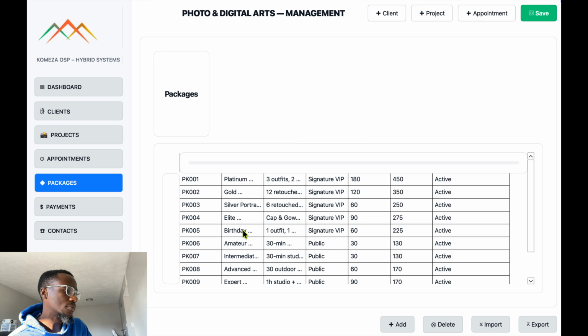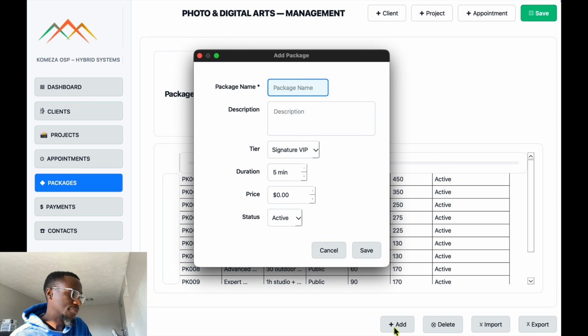So we want to add what? We want to add a package. So I want to go to packages, obviously, and then add a package name. Let's say, what is the package name? What do we want to call this one? Let's say beginner level